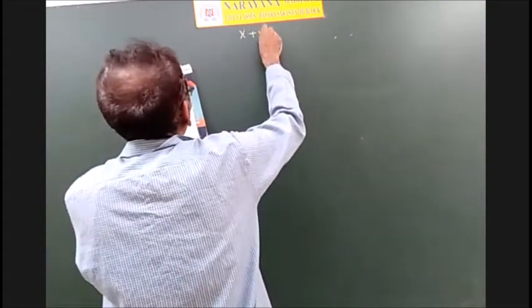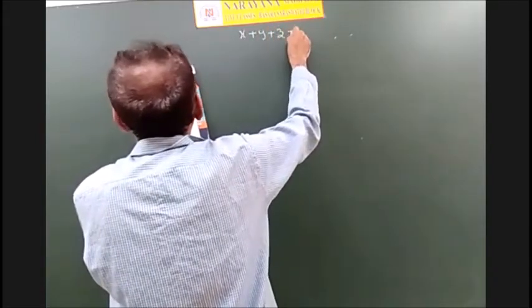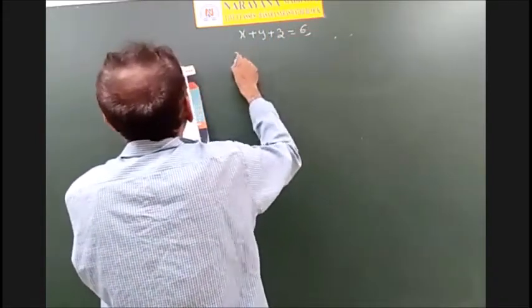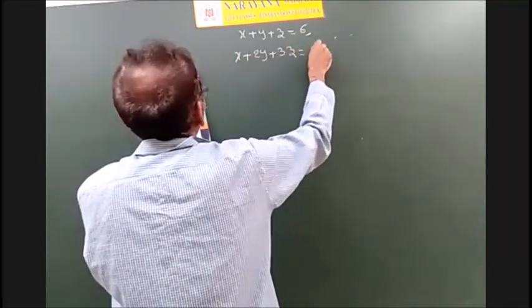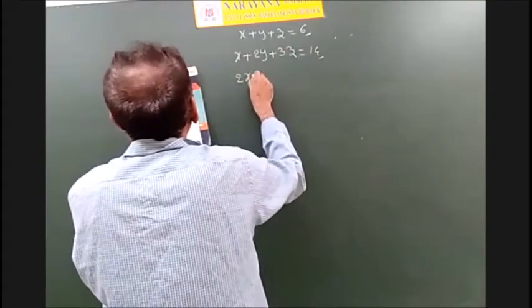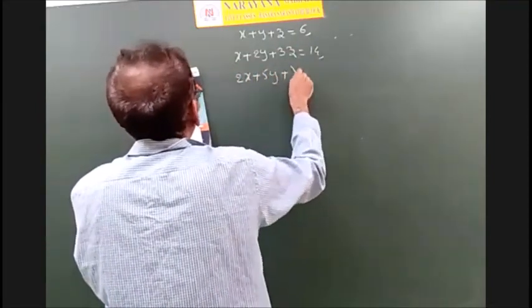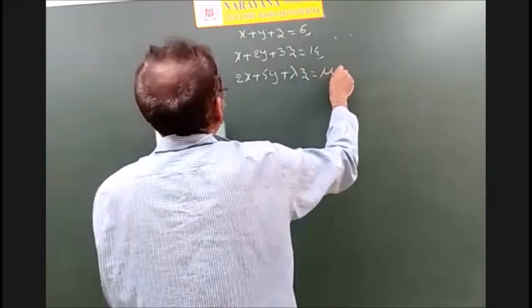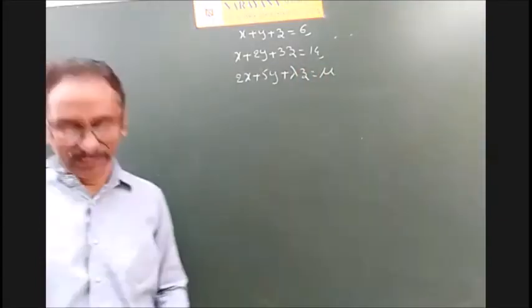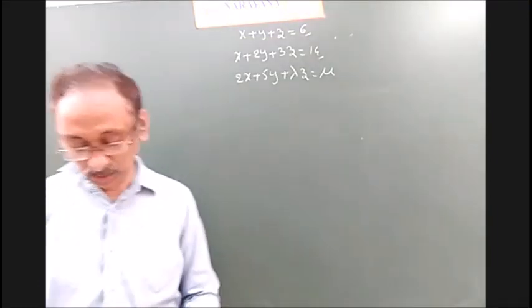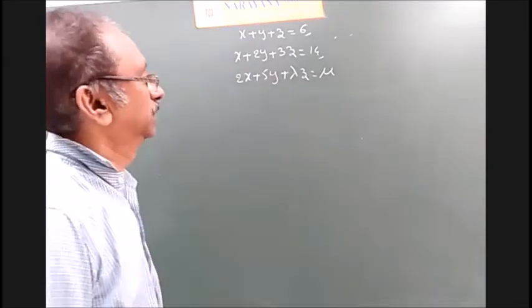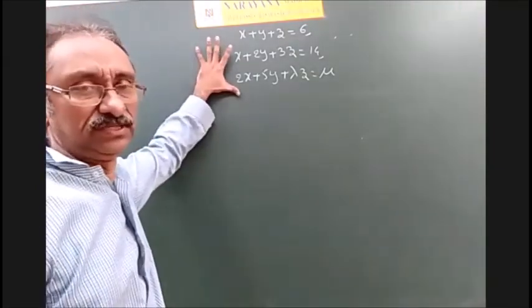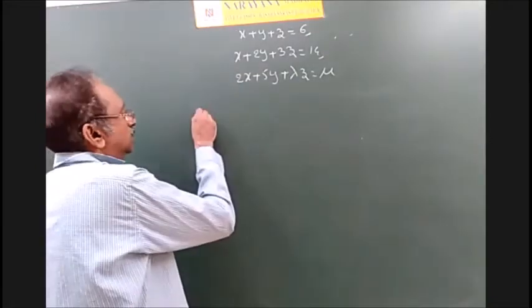The system of linear equations x plus y plus z is equal to 6, x plus 2y plus 3z is equal to 14, 2x plus 5y plus lambda z is equal to mu. So what is the nature of solutions? Infinitely many solutions. When it happens, when unique solutions will come like that. So it is a non-homogeneous equations. Okay. And now consider the augmented matrix.